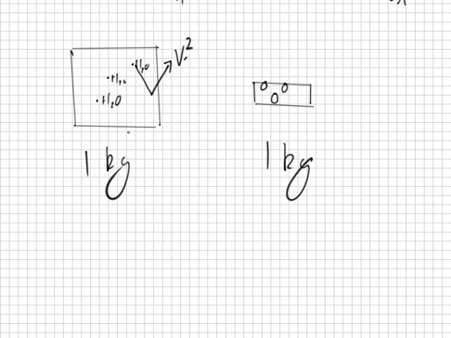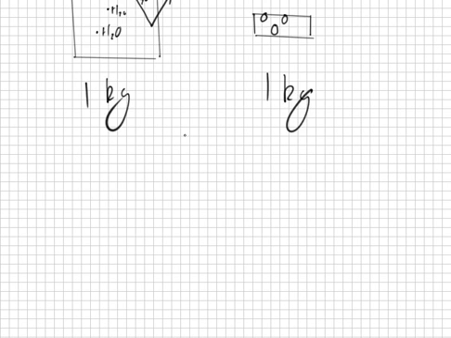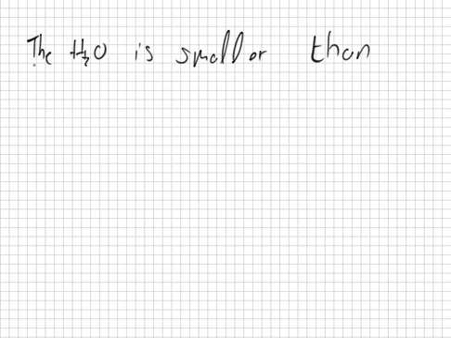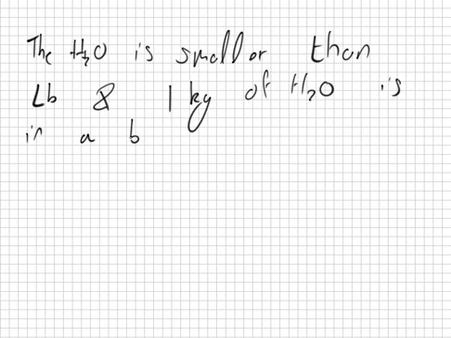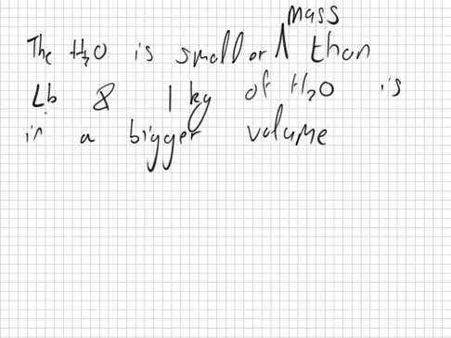Now it's only 1 mark. So what would you have to say after this explanation to get 1 mark? I would say the H2O is smaller mass than lead, and 1 kilogram of H2O is in a bigger volume. Therefore, H2O has